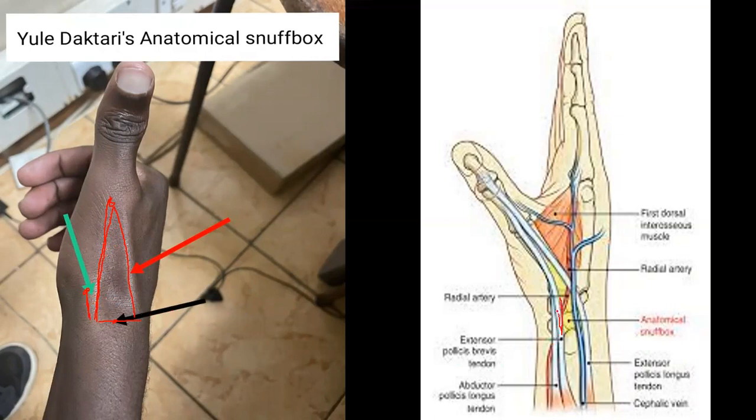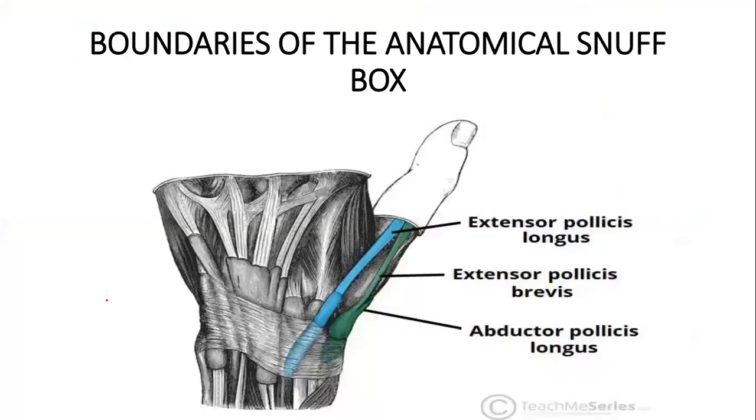Okay, it's this. Now this is a diagrammatic representation of the same. It is that. Okay, so what will be within my anatomical snuffbox over here? So this is also a diagrammatic representation of the same. This is the ulnar border or the medial border, and this here is the radial border or the lateral border